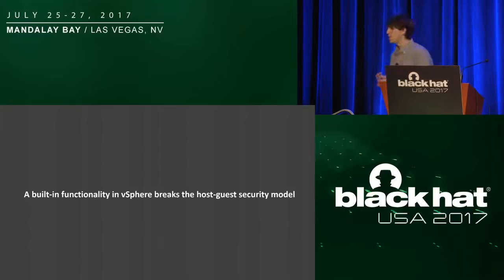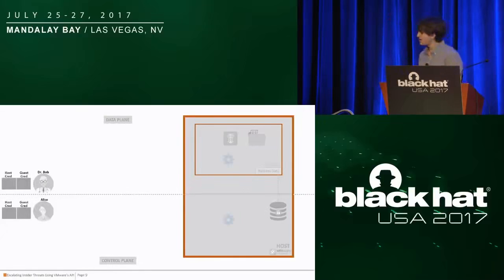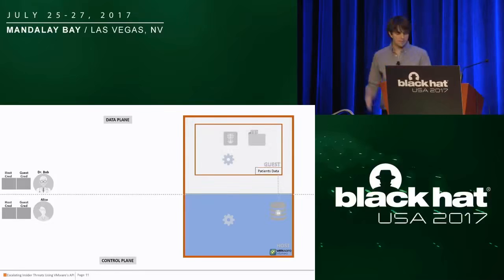Now, let me show you how you can take this functionality and leverage it to execute code in the guest machine. So let's try to understand this using this snippet from VMware's data center of one of Guardicore's customers. So this is the vSphere host, and it is part of the network control plane. It runs a guest machine, in this case called patient's data. The guest machine is part of the data plane of the network. It contains sensitive information, and its disk is encrypted